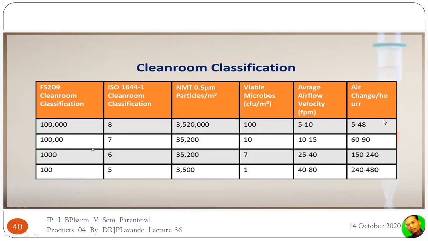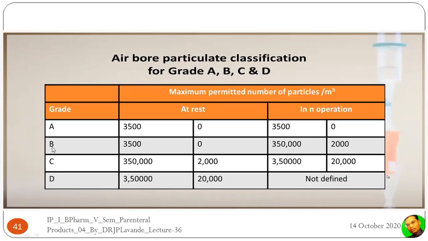The air change per hour is concerned, so it is multiple times, between 240 to 480, or nearby, approximately up to 500 air changes per hour. That means the air should be continuously replaced in order to maintain the high degree of cleanliness of this area. So as far as the classification from the European Union, you can see the airborne particulate classification for grade